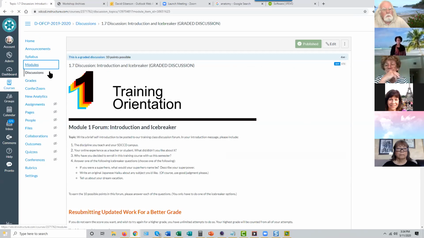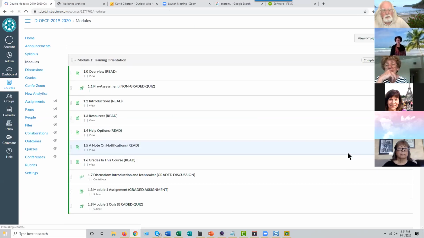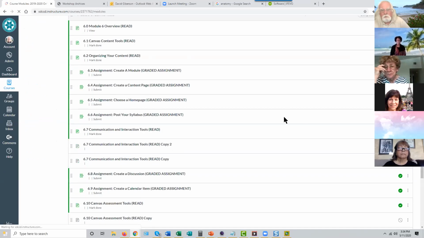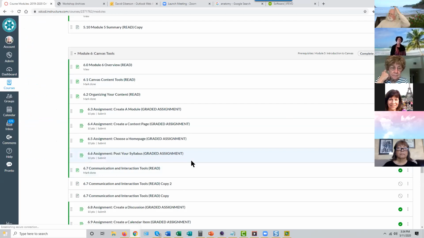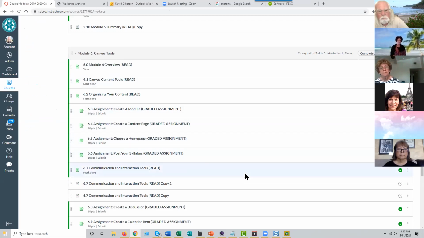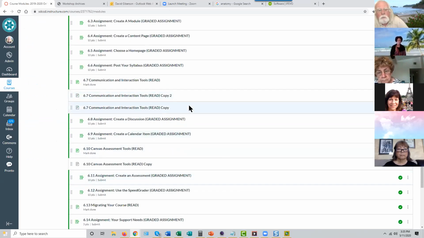I'll go to Modules and Module 6, on Canvas tools. This tends to be more the nuts and bolts of using Canvas. There are a number of assignments in here, so it does take longer than some of the other modules. You're asked to create a module, a content page, choose a home page, and post your syllabus. Then you've also got creating a discussion, a calendar item,